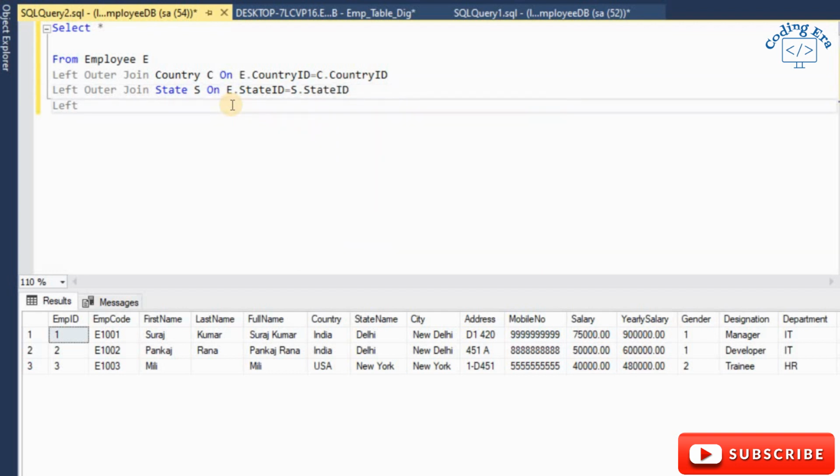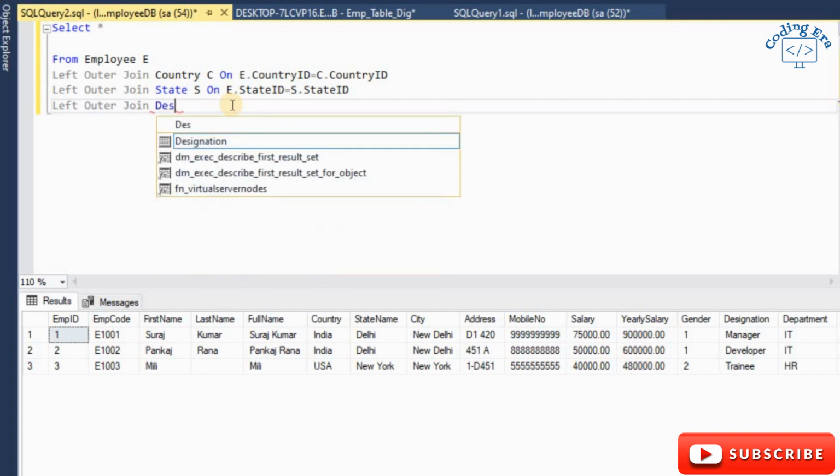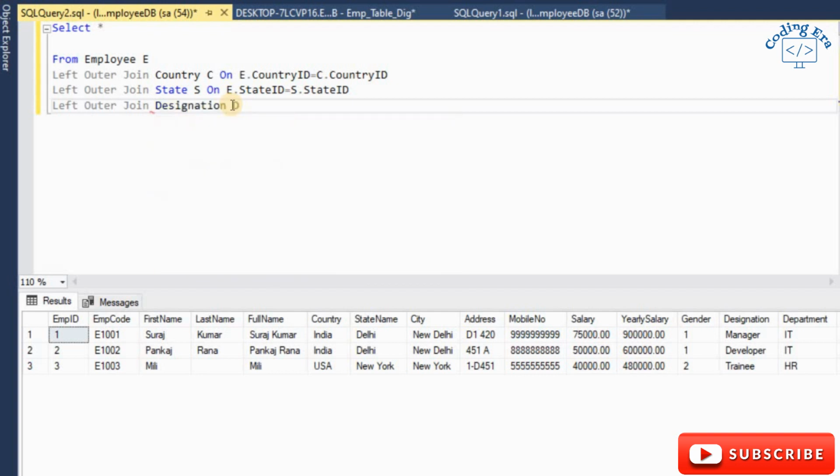Next table is left outer join designation D on E dot designation ID is equal to D dot designation ID.